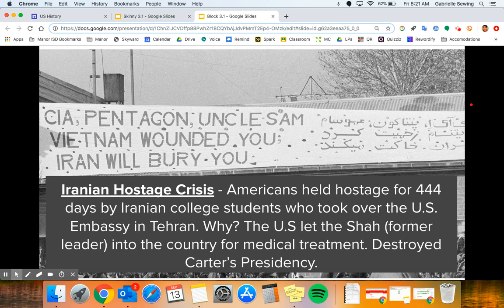This really made the Iranians mad at us, because the Shah was a man who had been really harming his own people. Iranians were hungry, they were starving. He was taking all of the money for himself, being very extravagant. He was a ruthless dictator, a person hated by his own people, and we let him in to get treatment for healthcare. They wanted him back. They wanted to try him and probably publicly execute him in the streets. This was not a popular person.